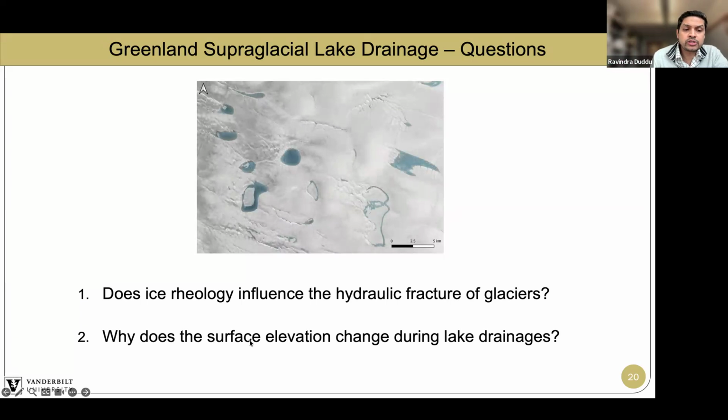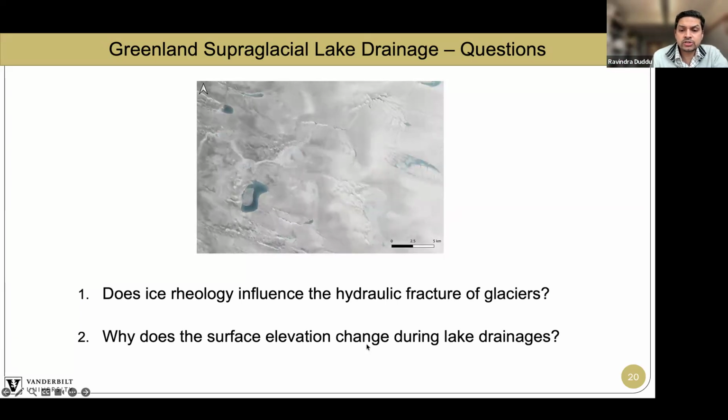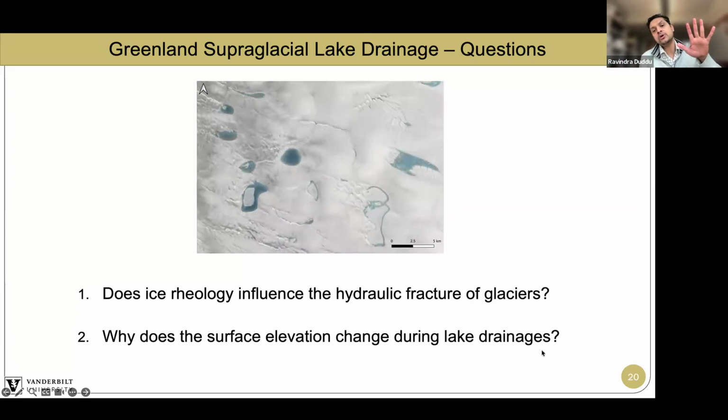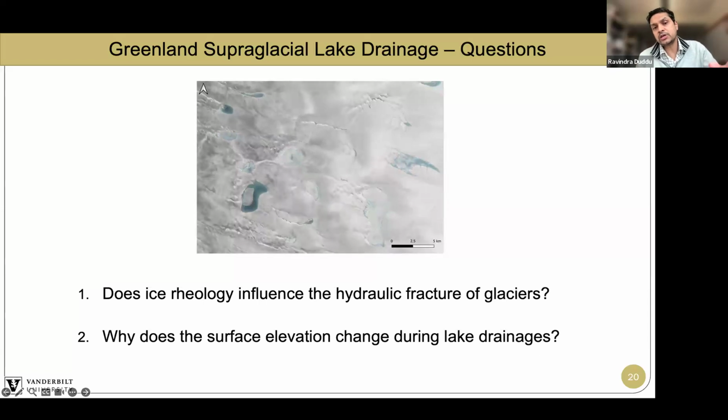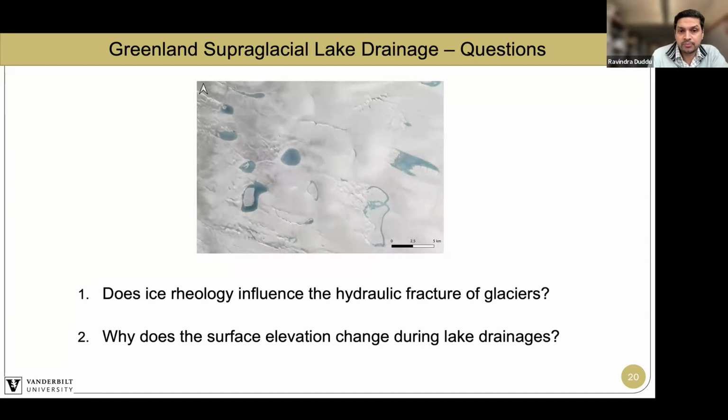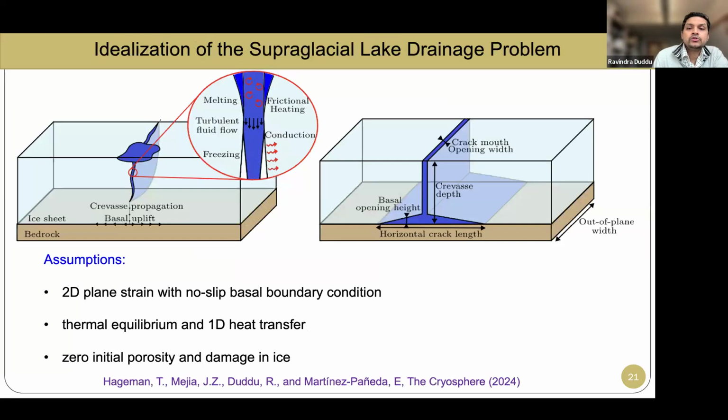But more of an observational question: why does the surface elevation change during lake drainages? People have put GPS stations around these lakes, and as soon as the lake drainage happens, they see a surface uplift, right? So what is happening there? Why does a lake drainage cause the surrounding regions to lift up? And to answer that question, we formulated a simple model